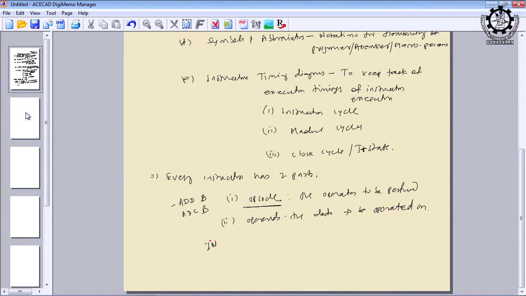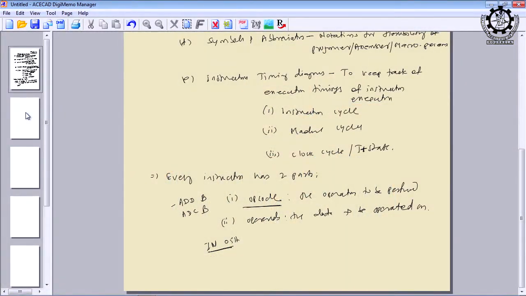For example, I am reading a data which is available in the buffer of an input device. So, the opcode is IN, and the 8 bit address can be used as the port address of that particular device. For example, the 8 bit address is 05H. What is the meaning of this? That means the microprocessor is reading data available in the device whose address is 05H, and it is storing it in the accumulator. The accumulator is implicit. In many instances you will see that the accumulator need not be specified, but it is there. That is the way we specify the operand in the instruction.